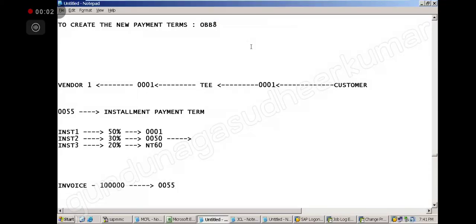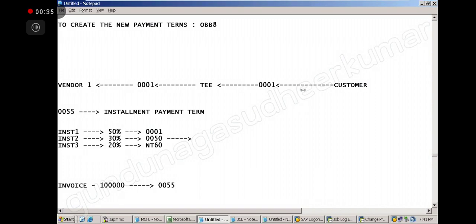Payment term creation. So what is a payment term? Payment term is a term related to payment agreed between our company and an external party. Correct? It is a 4-character code which contains all the conditions related to the payment of an invoice. So we should clearly define it like that. If someone is asking about the payment term, we should be able to say it like this.